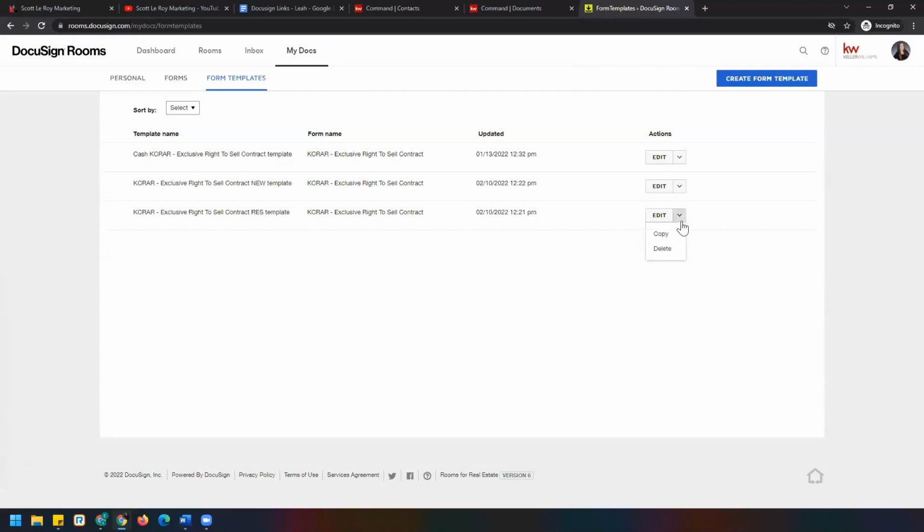Now that is also where you can delete. So if you accidentally made a mistake or are just not using that template anymore, you can delete from that menu as well. Now to apply this template that we created to a document that you have in your room or don't quite